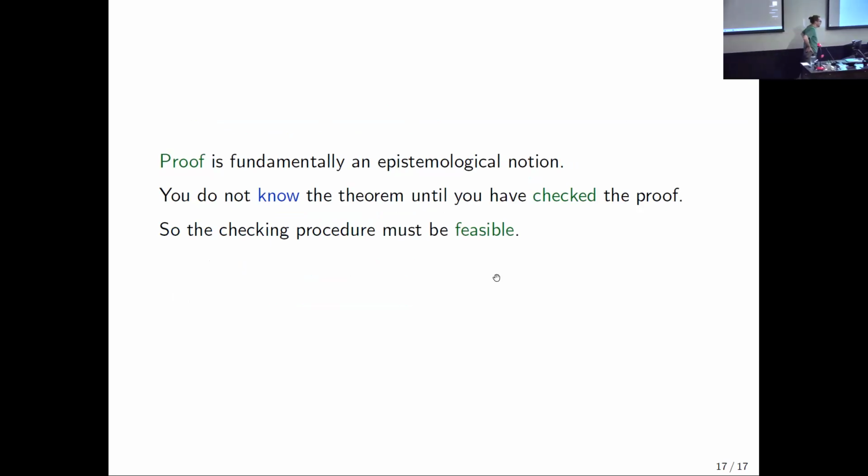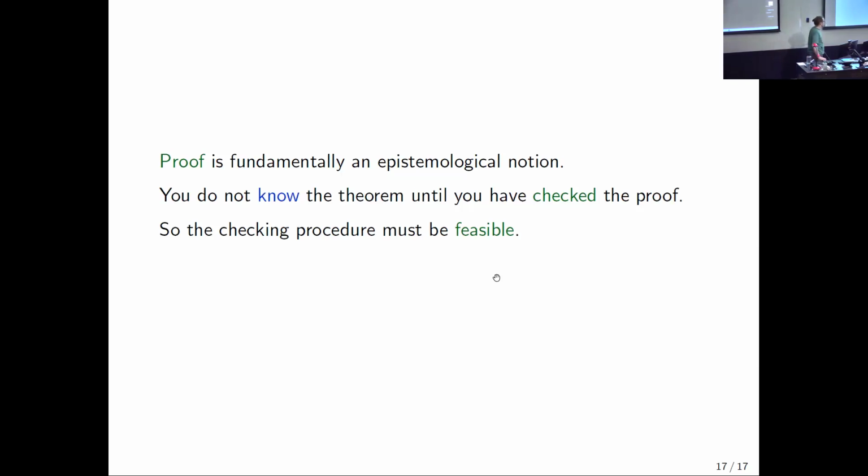of why you might want to say that proof checking has to be feasible: it's part of the very idea of a formal proof that checking a proof should be feasible. This isn't something I found in the literature, but just thinking about it, I can imagine someone might say, well, look, proof fundamentally is an epistemological notion. What a proof is supposed to do is establish the conclusion as being true. In other words, it's got to get you to know the conclusion or be certain of the conclusion,